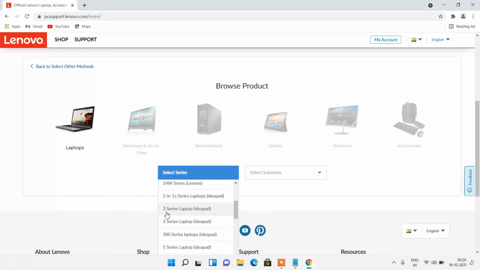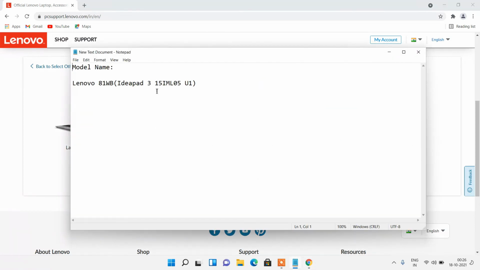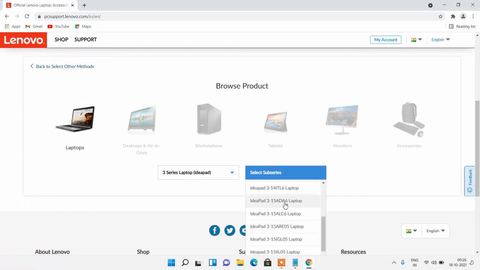So just select the series of your laptop. I will select this 3 series laptop IdeaPad, and now you have to select the sub series, and the sub-series is 15IML05. So here it is, IdeaPad 3 15IML05 laptop.